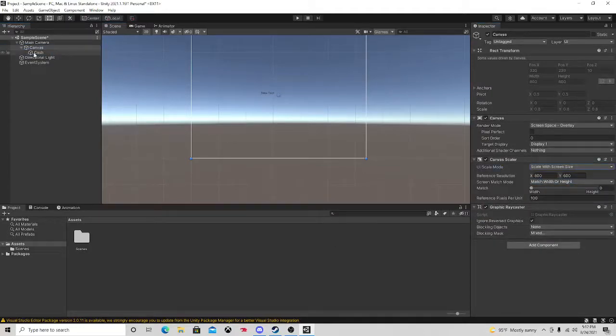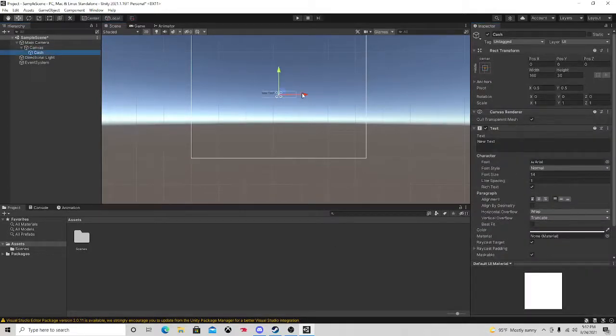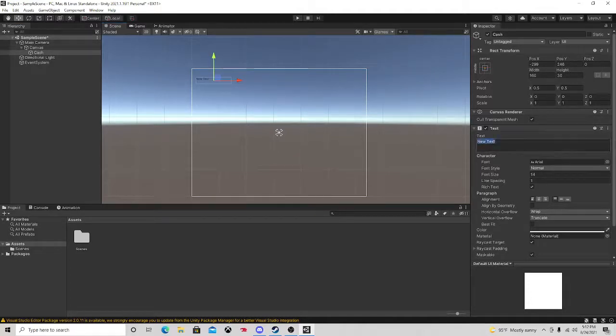If you already have this set up, then just skip to the part where we start scripting. Or no, just stay for all of it, just to make sure that you get it all. So basically, get your new text, and this will be the cash label, which we just display as cash and that little symbol right there. Now once you do that, you want to duplicate this, Control C, Control V, and we're going to call this